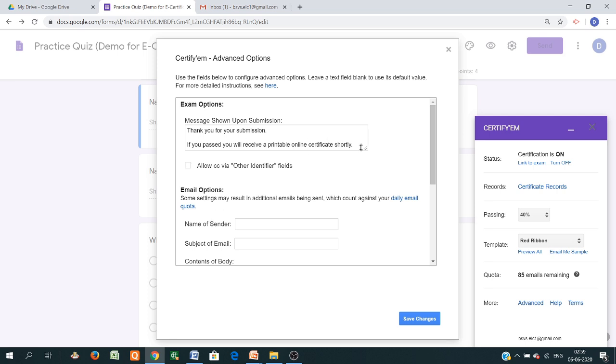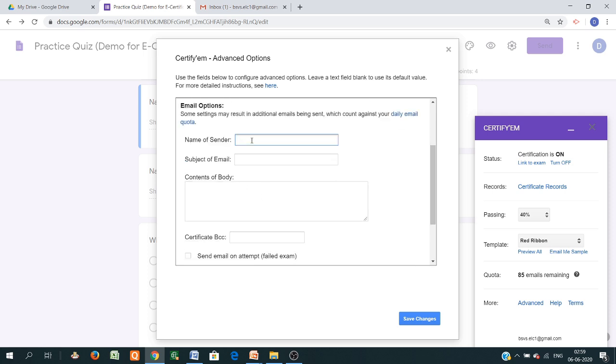You can change it also. You can customize any message you want to be received by the student or any participant. Then the name of the sender, you can write your name as a teacher,